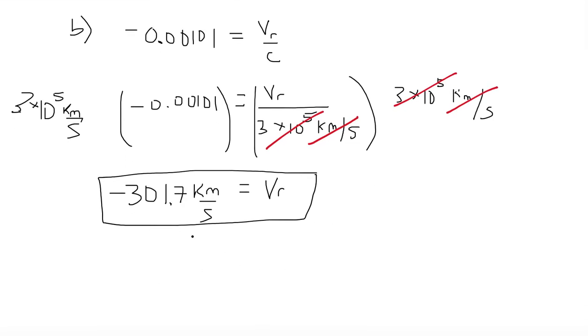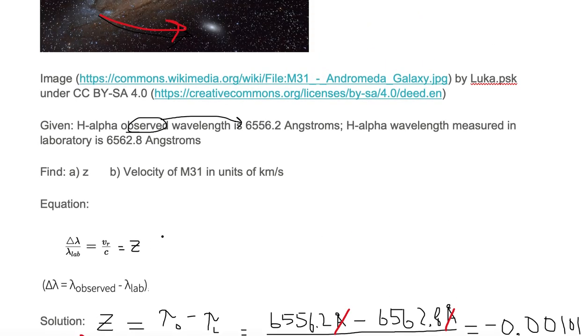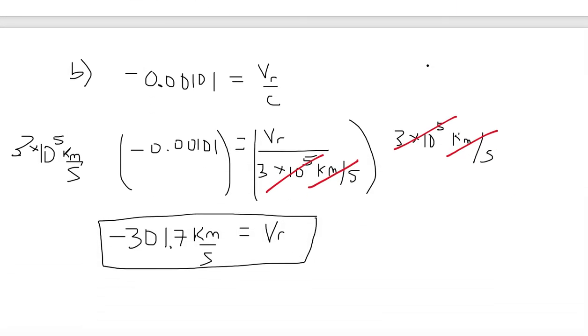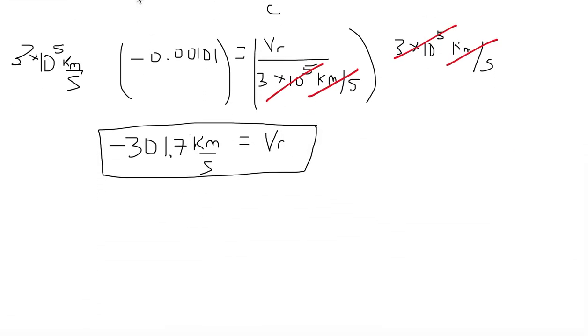And that is going to be our radial velocity. Now what we have here is the speed of the galaxy. The galaxy is moving towards us or away from us at a value of 301.7. Now because we have a negative number, the negative number indicates a blue shift. A blue shift is telling us that the galaxy is moving towards us. So in this particular case, the Andromeda galaxy is moving towards us, or the Milky Way galaxy, at a speed of 301.7 kilometers per second,